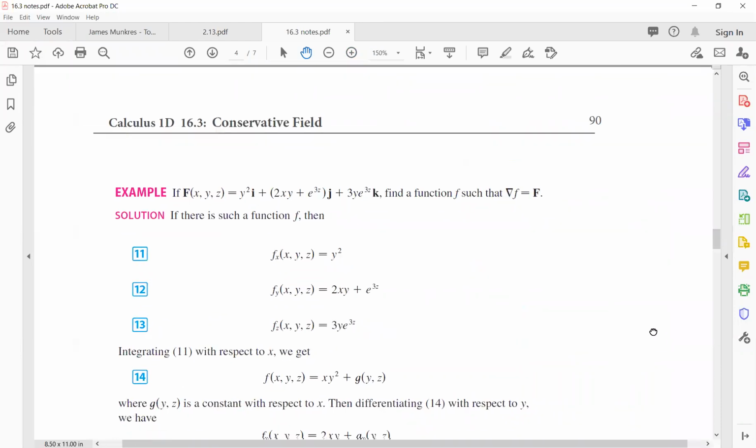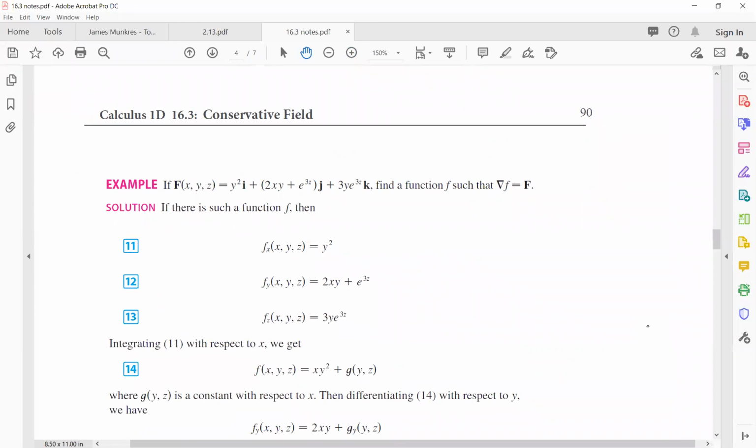Our goal is to find a potential function that satisfies this condition. Again, here you have a vector valued function. On the left hand side, it is y squared, comma, 2xy plus e to the 3z, comma, 3y e to the 3z,